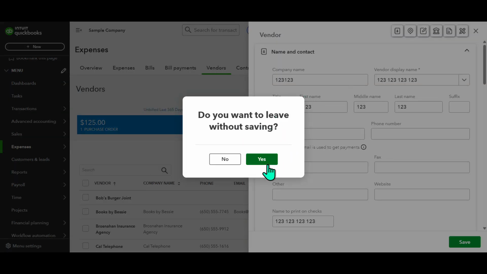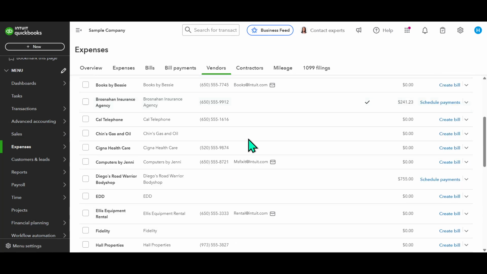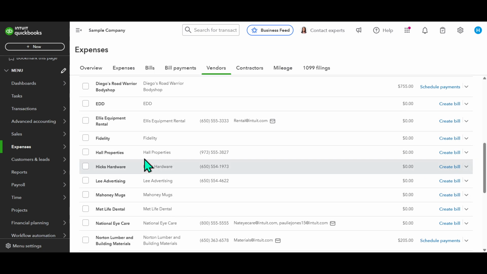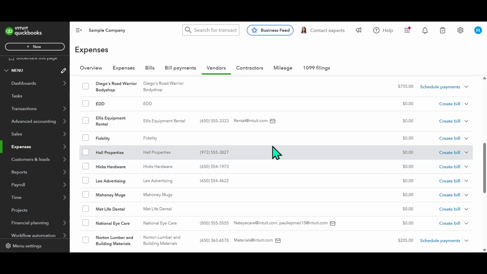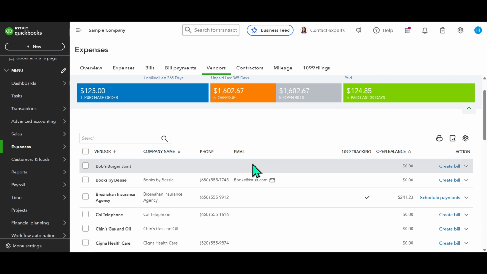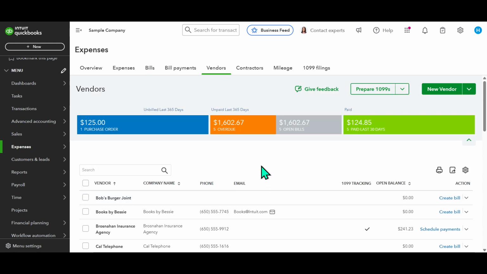And there you have it. A simple yet essential task completed. You've successfully added a new supplier to QuickBooks Online, ensuring your financial records are more organized and efficient. This will not only help you keep track of your expenses, but also enhance your financial management in a more